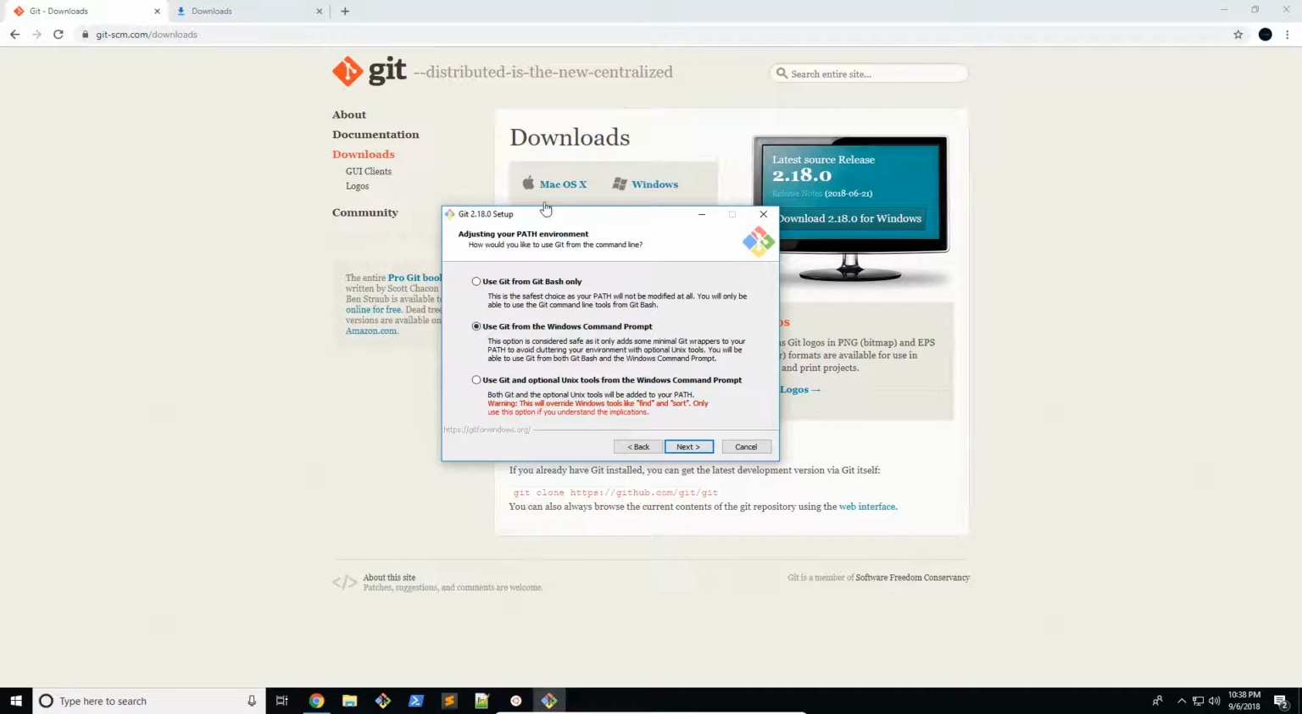And now here is what I was talking about, some of the parts that you may get confused on. So first of all, it says use Git from Git Bash only. So this will only accept Git commands from the Git Bash terminal. We don't want that because we want to have a little bit more variety. So when you say use Git from the Windows command prompt, it doesn't mean just from the Windows command prompt. It means from all of the Bash terminals, other terminals, including the Windows command prompt and some other terminals or shells